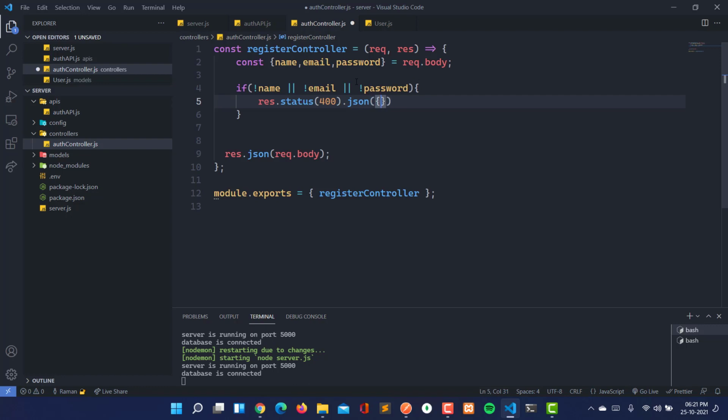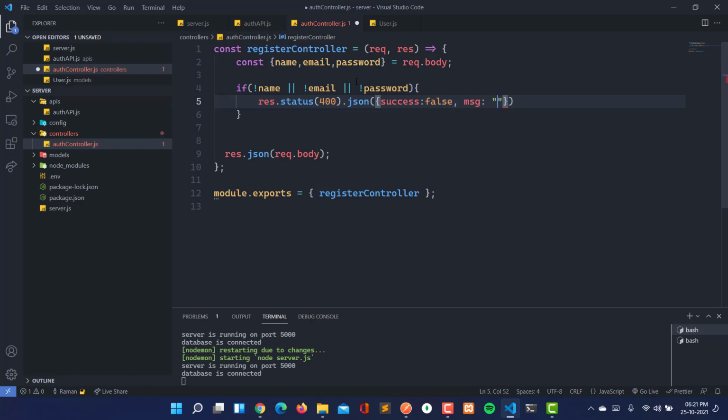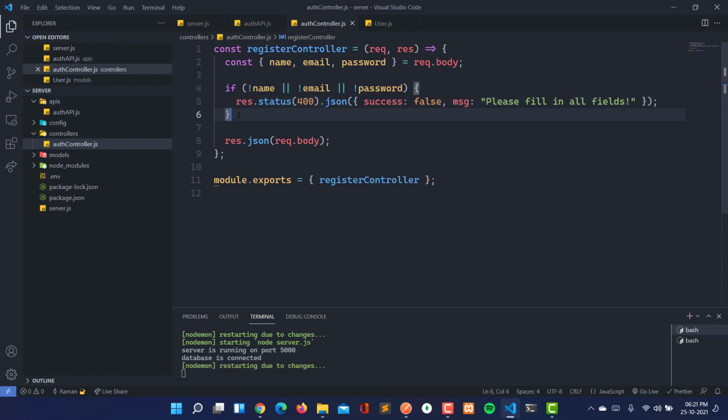So here we are going to send the error. Success will be false, and the second thing we are going to send is message: please fill in all fields. Now just save this, and now let's move forward.